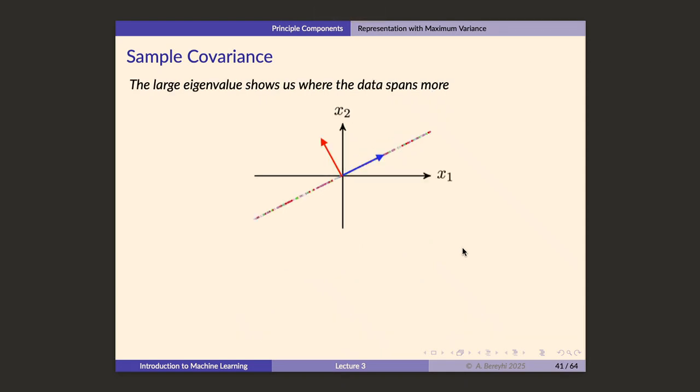So the blue one is the one which has eigenvalue 20. The red one is the eigenvector whose eigenvalue is 0. What do you conclude out of that? Great. So your data is somehow distributed in the direction of the one which is non-zero in eigenvalue, right? The one whose eigenvalue is 0, that 0 eigenvalue basically tells you that your data has no spread in that